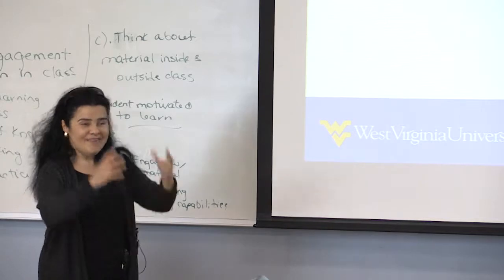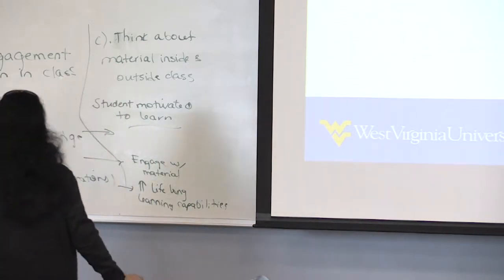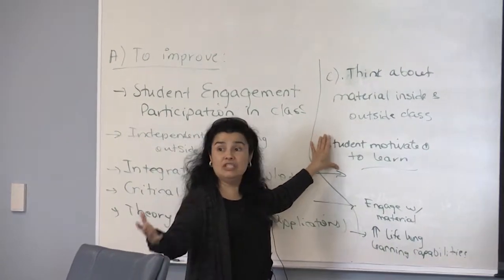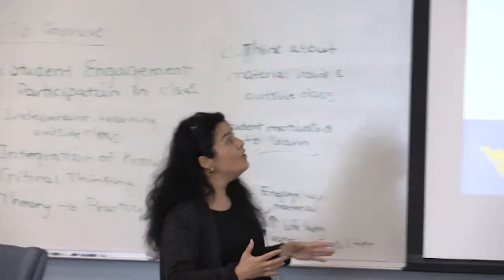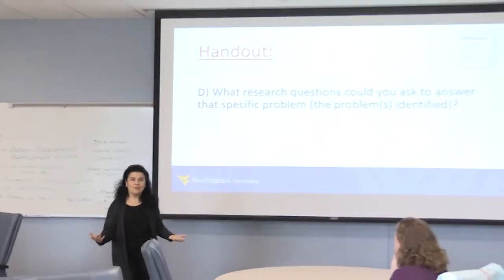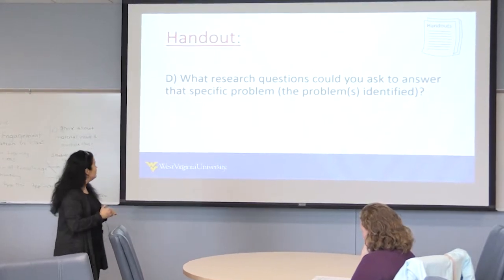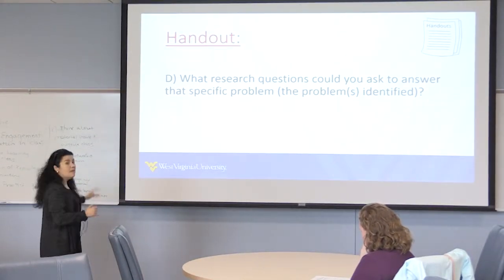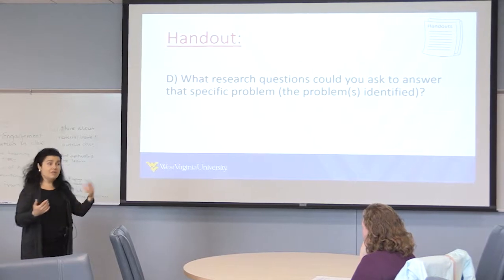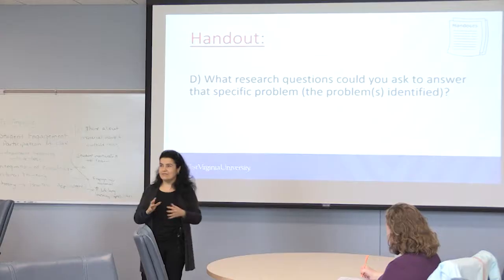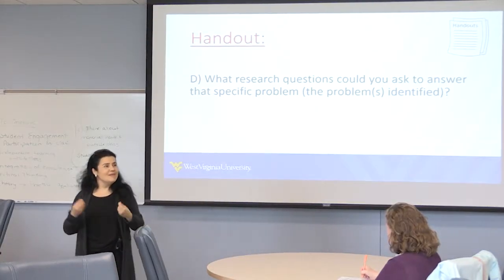So what's next? We basically talked about the different topics. We talked about what you care about in general within your context. So we want you to generate some research questions. We are currently on number D on your handout. So based on your topic, based on your interest, based on your observation, which are potential research questions that you can ask within your context? Context of your student, context of your work. We're giving you a few minutes just to think about those questions.